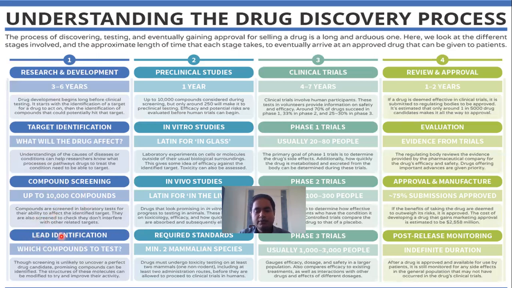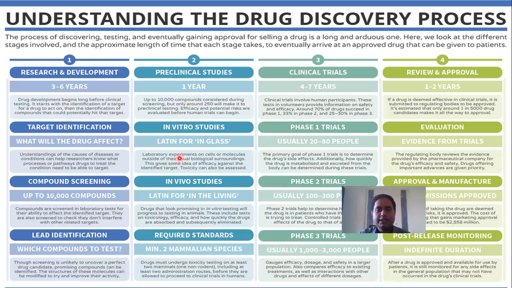A lead molecule then can be converted into the hit molecule. So the preclinical study can take about 1 year, and it consists of three types of study: in silico, in vitro, and in vivo studies. These can be performed for the validation of the drug in the rodent model, the tissue cultures, and in the test tube.